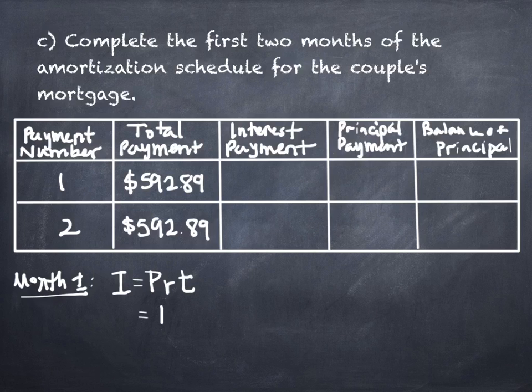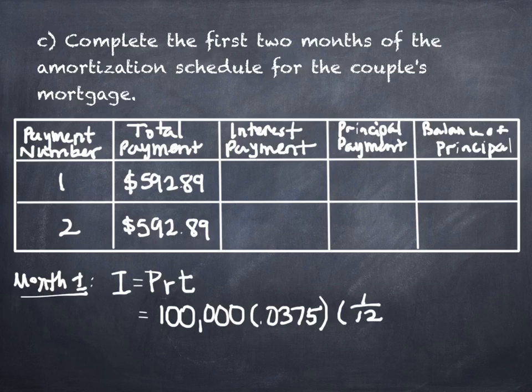P is the principal, so at the beginning of this loan we have a $100,000 loan. We have an interest rate of 0.0375, and we have a time length of 1/12, because this is a monthly payment, 1 month out of the year. Time, again, is always in years. And if we multiply this out, we will get $312.50. So my first interest payment is $312.50,